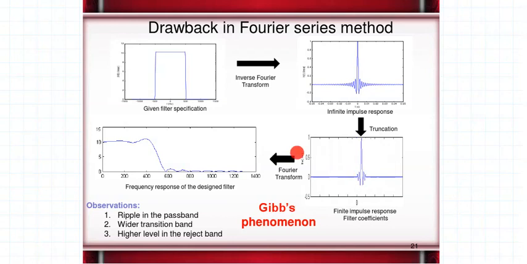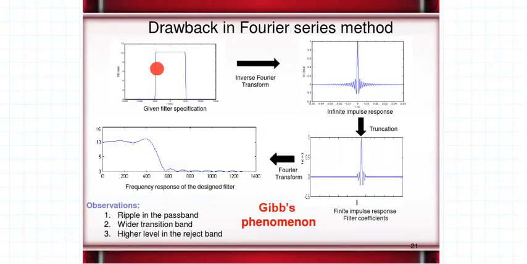I will now take the Fourier transform of it. So I'll now transform from the time domain back to the frequency domain. Whatever I have obtained after doing the Fourier series method are the filter coefficients of a low pass filter. I am interested in looking at how my low pass filter actually behaves with the filter coefficients I have designed. When I look at the frequency response of my filter coefficients, this is what I have obtained. This is the frequency response of the designed filter.